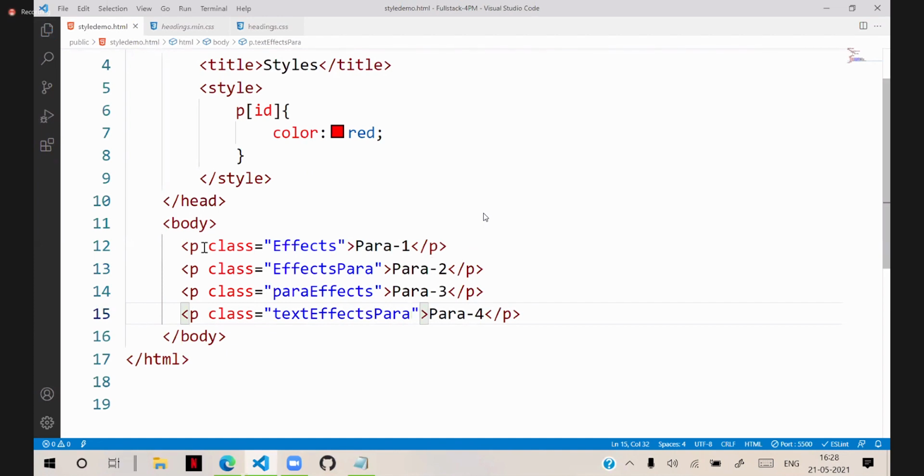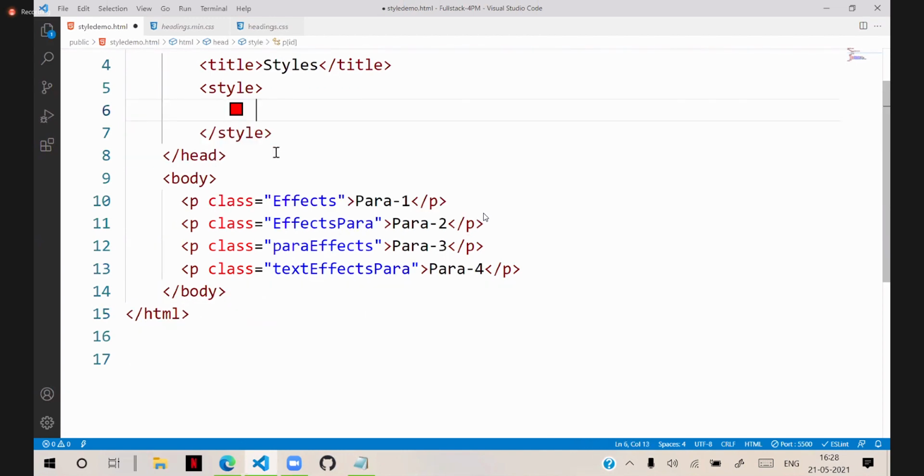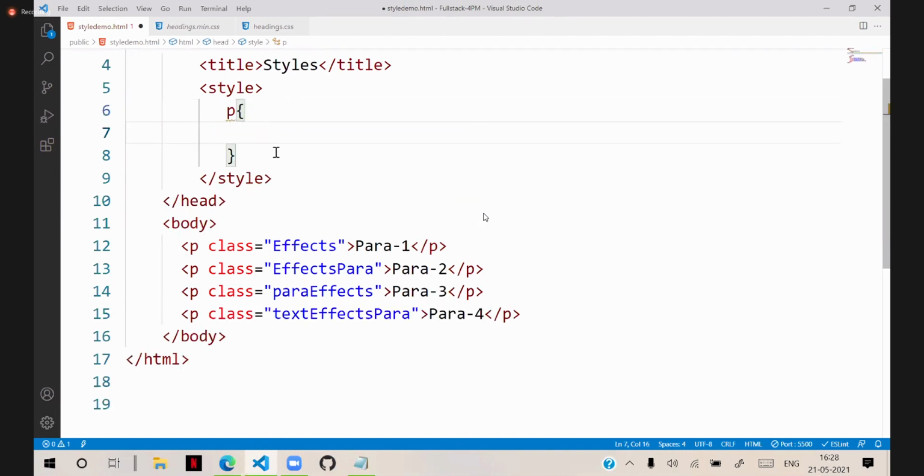Now different class names are there, but all are having effects word. So now I want to apply for the paragraph, then we will write here P and we configure here for the paragraph here.